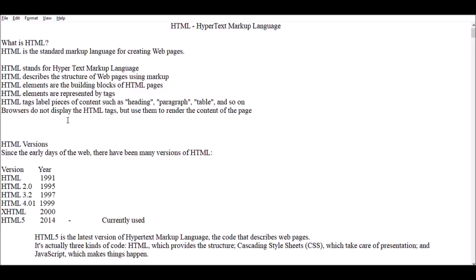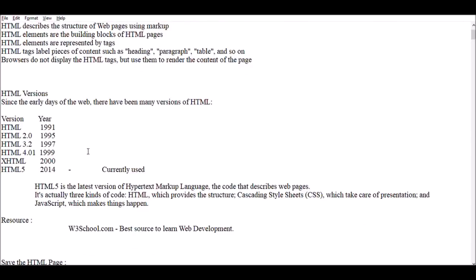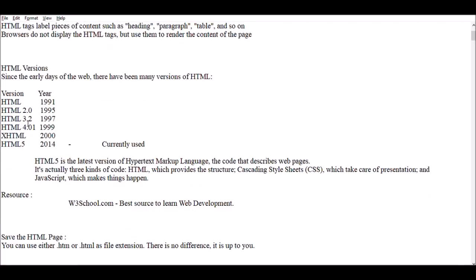Since the early days of the web, there have been many versions of HTML. The first version of HTML was released in the year 1991, called HTML 1.0 or HTML. After that, the second version of HTML was released in the year 1995. After that, HTML 3.2 was released in the year 1997.